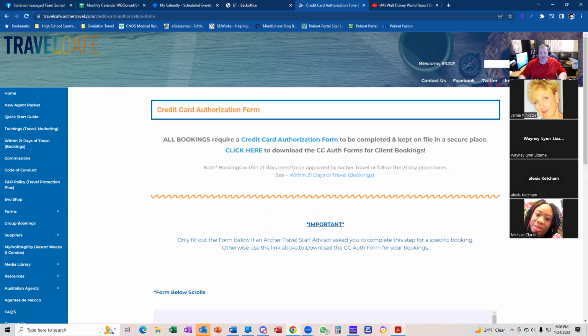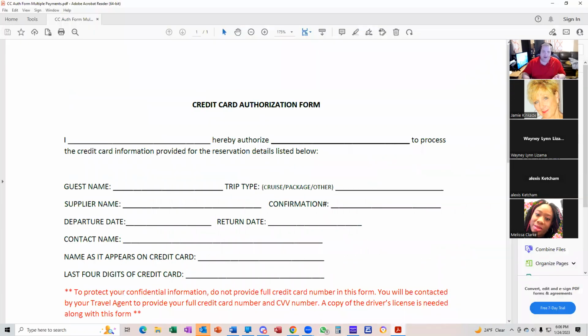I have it saved as a PDF on my computer so that I can edit it. So when you're filling this out, you're going to put your client's name in here after the I, and then hereby authorize your business name, or you can put your name to process the credit card information provided for the reservation details provided below. You're going to put the guest name, what type of trip they're taking, whether it's a hotel only, car rental, package,